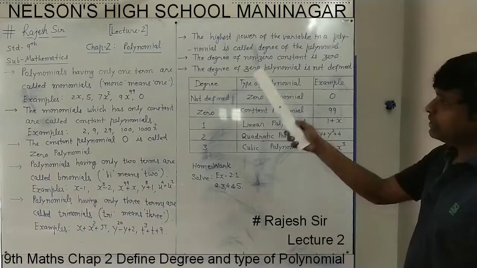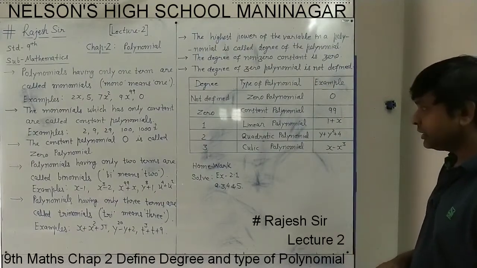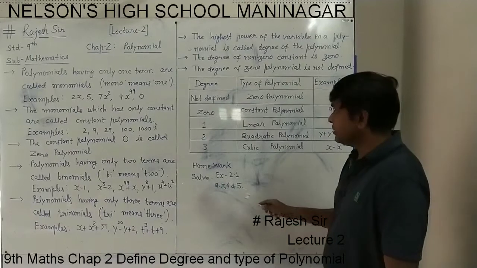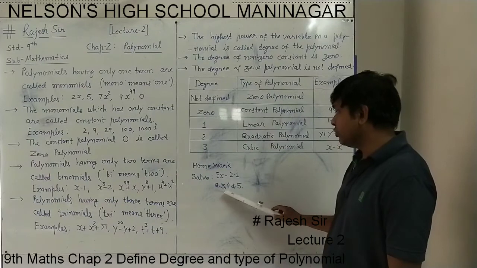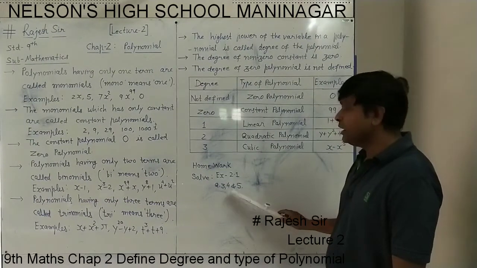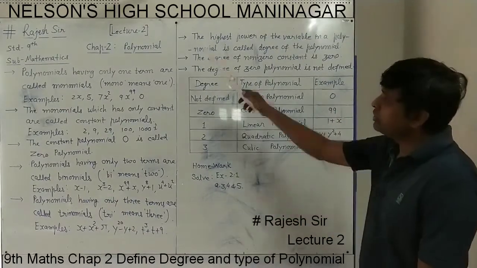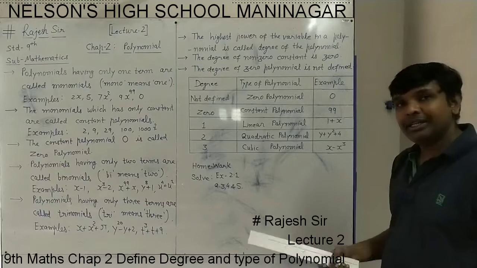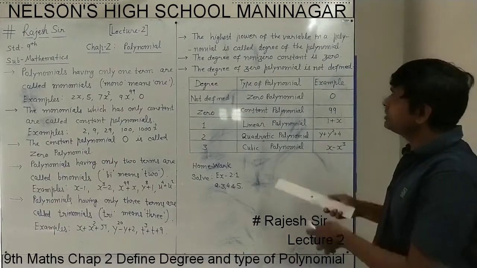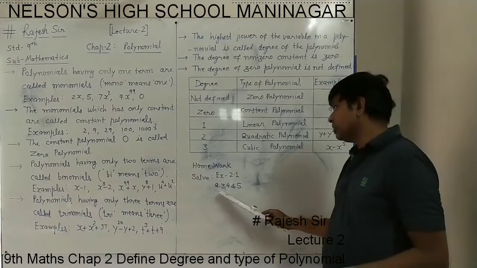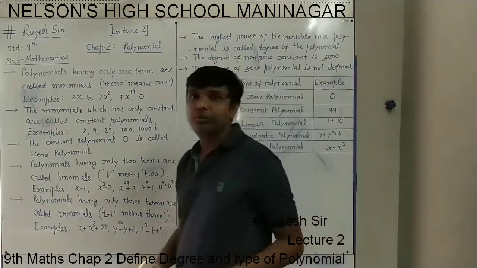You are advised to write all these points, and you have to understand them by writing them. Remember it, learn it, and then by understanding this, you can do the homework: solve exercise 2.1, question numbers 3, 4 and 5, because question numbers 1 and 2 we have solved in the last lecture. The remaining 3, 4, 5 are based on all these concepts, and you can easily understand that. One example is also given here. So from this understanding you can solve question numbers 3, 4, 5 of exercise 2.1, and this is your homework to complete. Thank you.